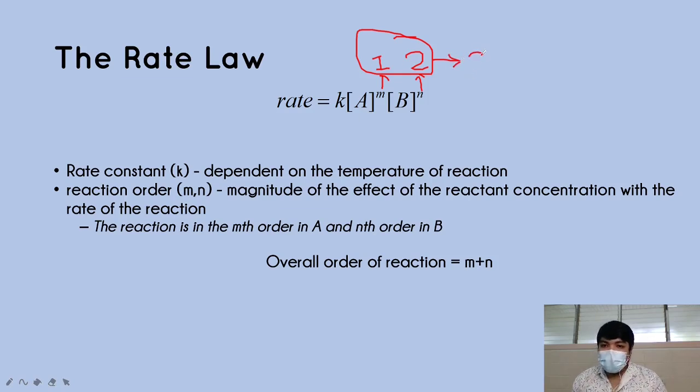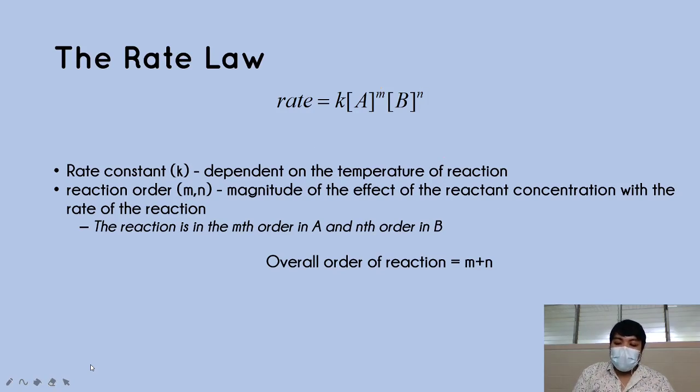So 1 plus 2 is 3. That means the reaction is third order overall. Forgive my penmanship, it's not at its best since I'm not using a pen for this. Anyway,